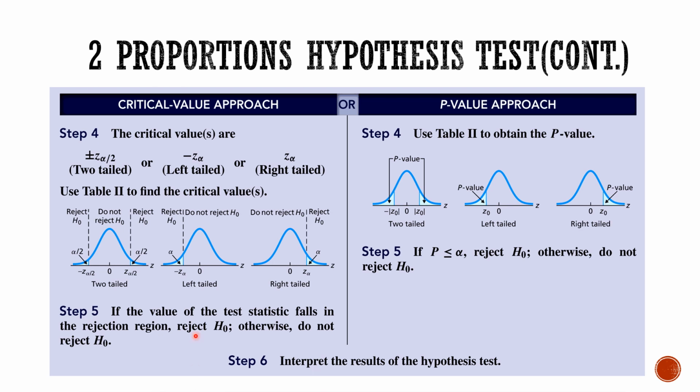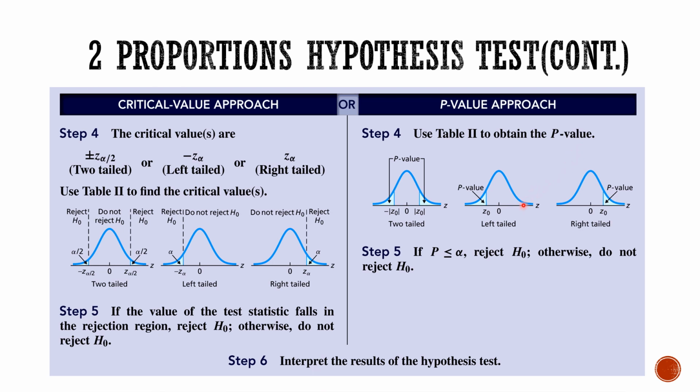Step 4 is using one of the approaches. Well, you can use both approaches. The critical value approach is the first one, the p-value approach is the other one. You have to define your reject, do not reject region, and find a critical value in step 4. And for the p-value, you have to find the probability of getting a test statistic that we found in step